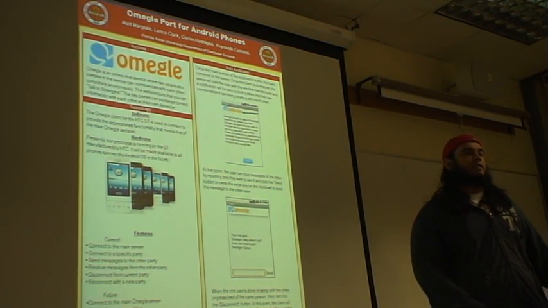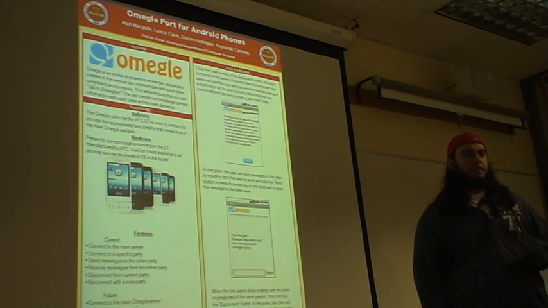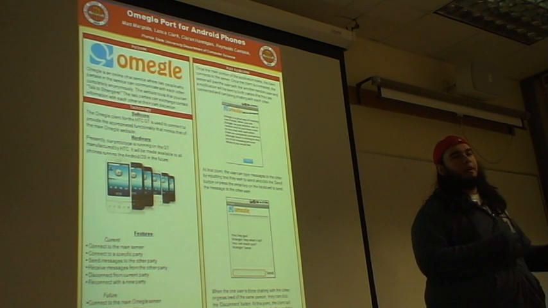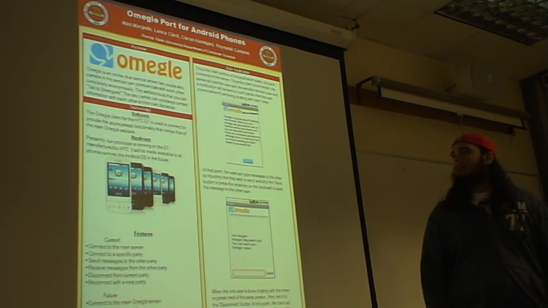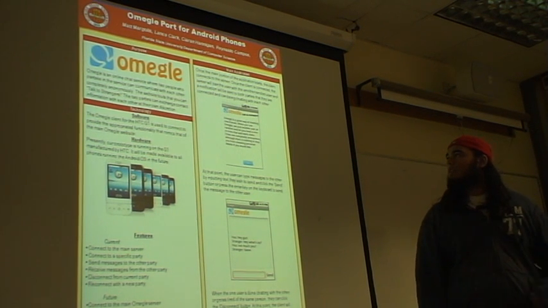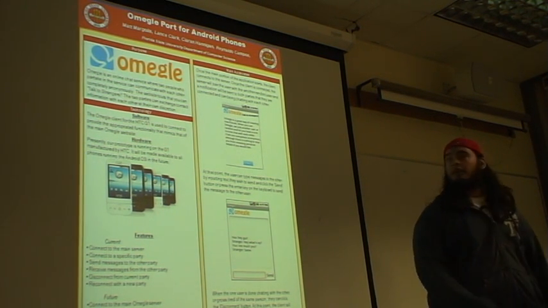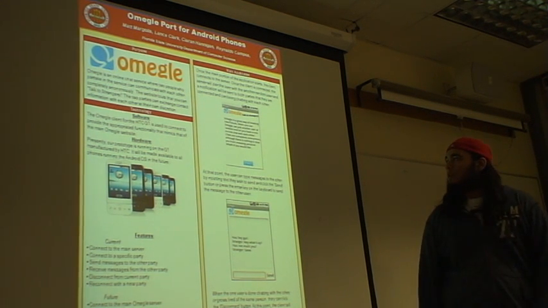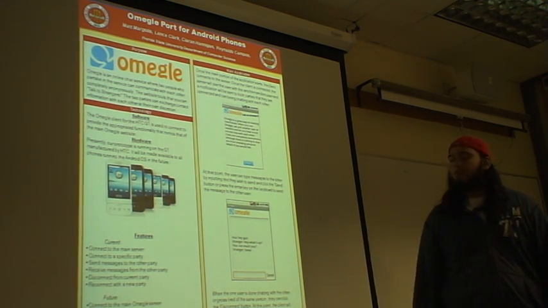So basically, you connect to the website and click the start button, and you'll be connected to a random stranger. You don't know anything about them, and it gives you the chance to meet people from anywhere in the world. A lot of people are fans of it, so we decided to make an Android client for Omegle. Of course, the software is our own